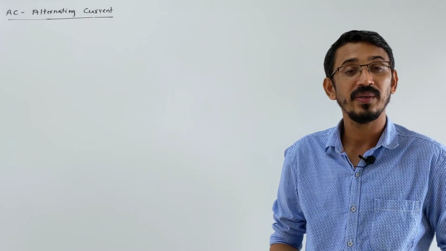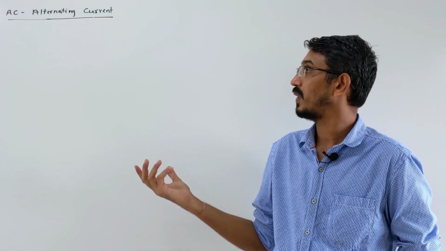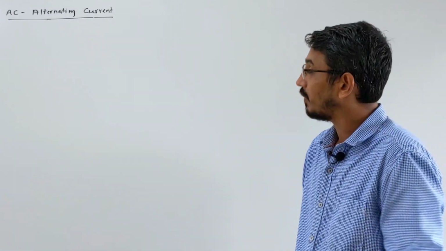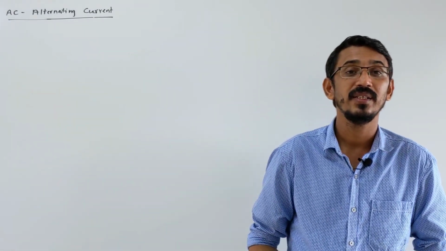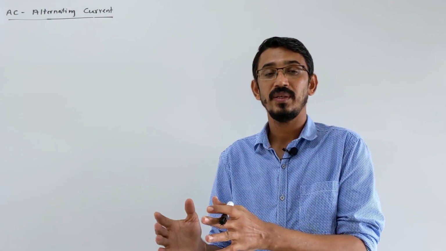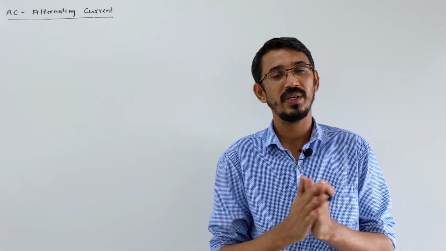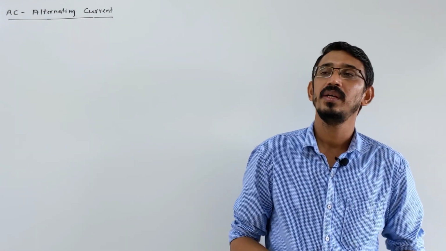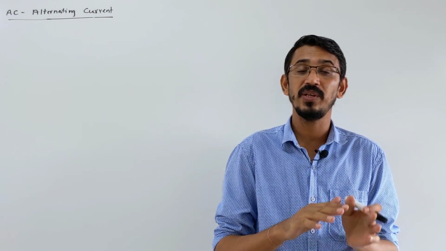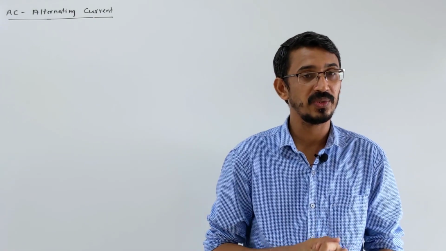So far we have learned all about DC current, right? From this small topic we are learning about AC current also, alternating current, as you know. What is DC current? The magnitude generally remains constant, but the main important thing is that the direction always remains constant. It's always in one direction, direct current. But in alternating current, the magnitude varies continuously and the direction changes periodically.